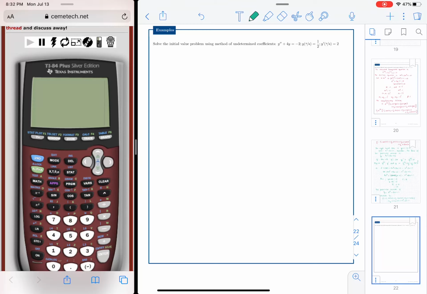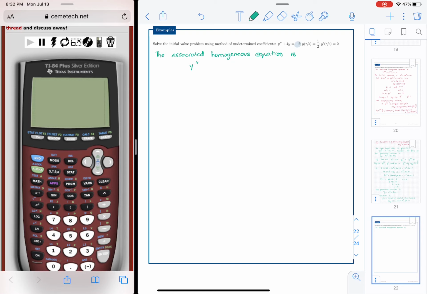Now we're going to solve this using the method of undetermined coefficients because the right-hand side is negative 2, which means it is a non-homogeneous equation. So the associated homogeneous equation